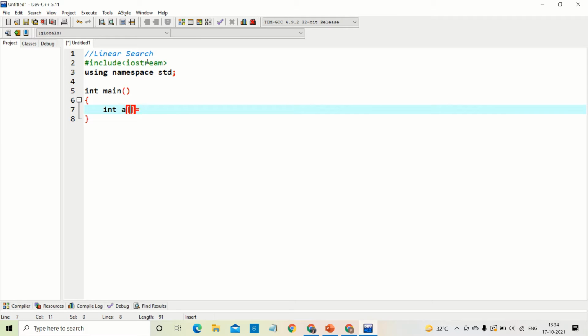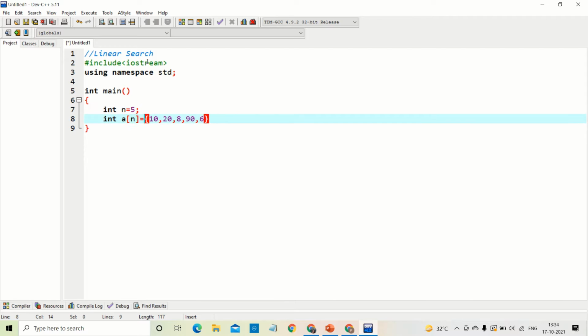So suppose I'm creating an array of 5 values: 10, 20, 8, 90, 6. Let's store this size in a variable called n. So I'm declaring this variable n as integer, and I'm initializing it with value 5. So basically n is denoting the size of the array.